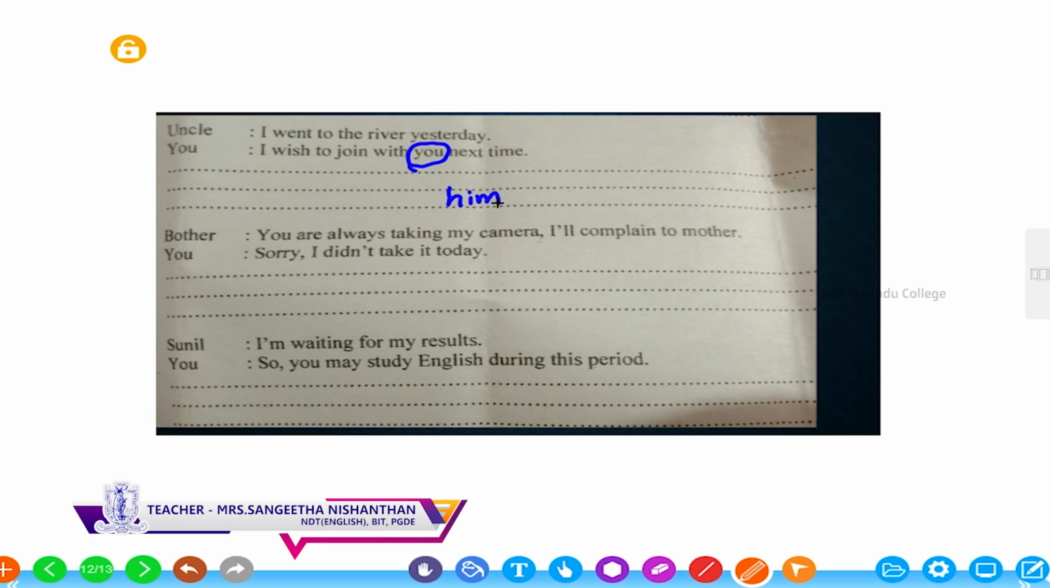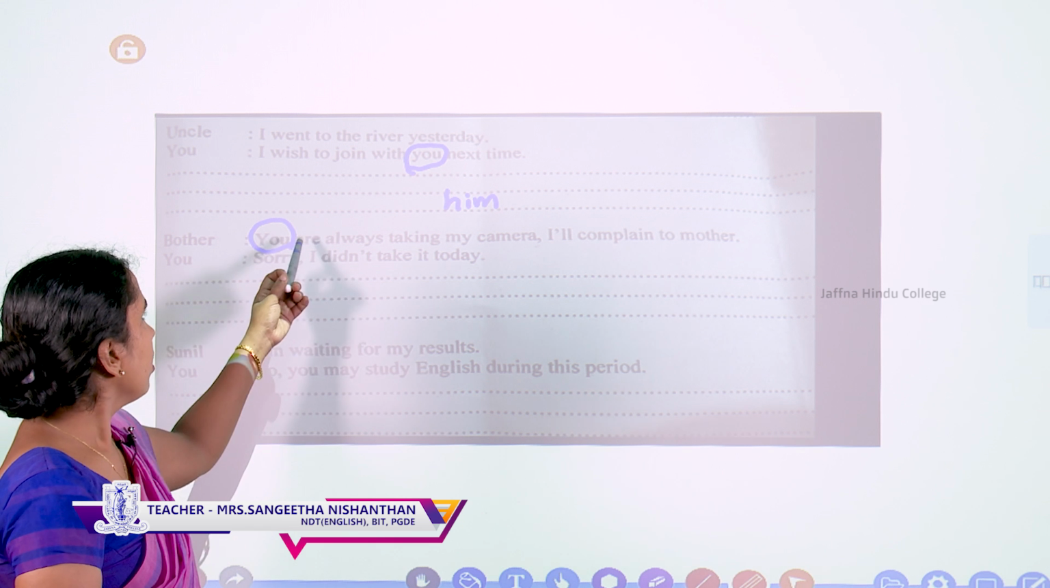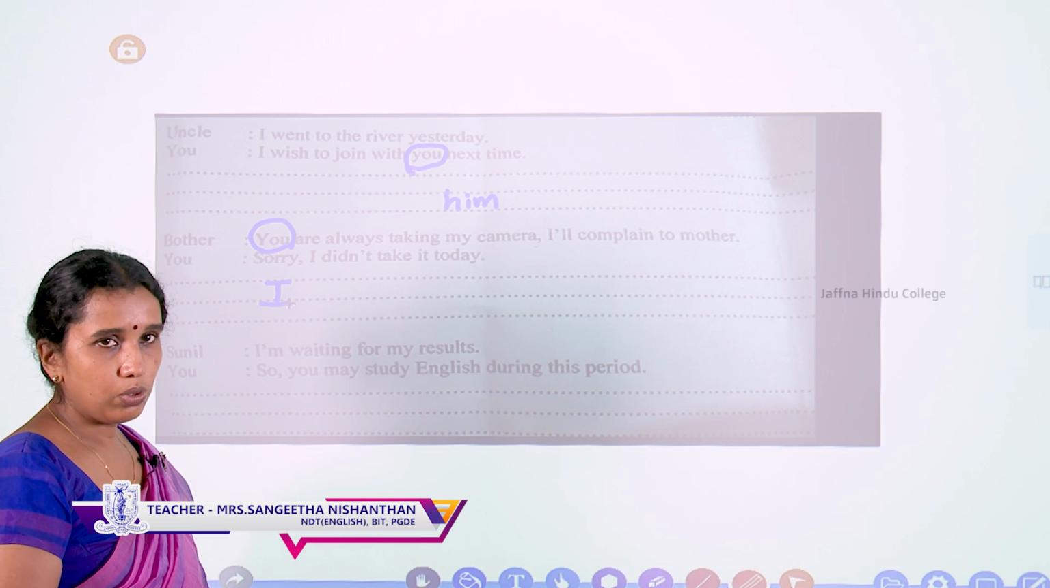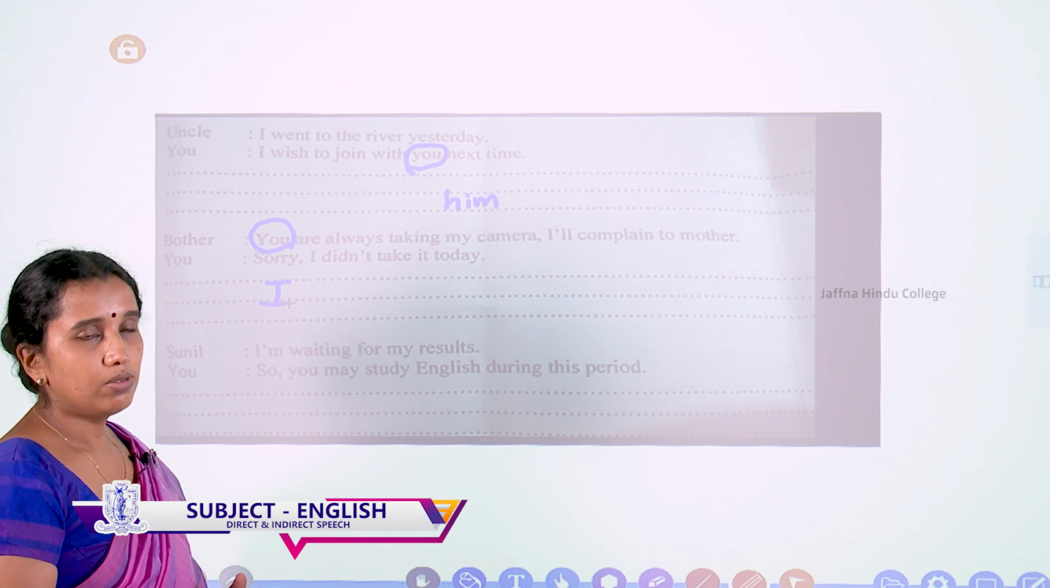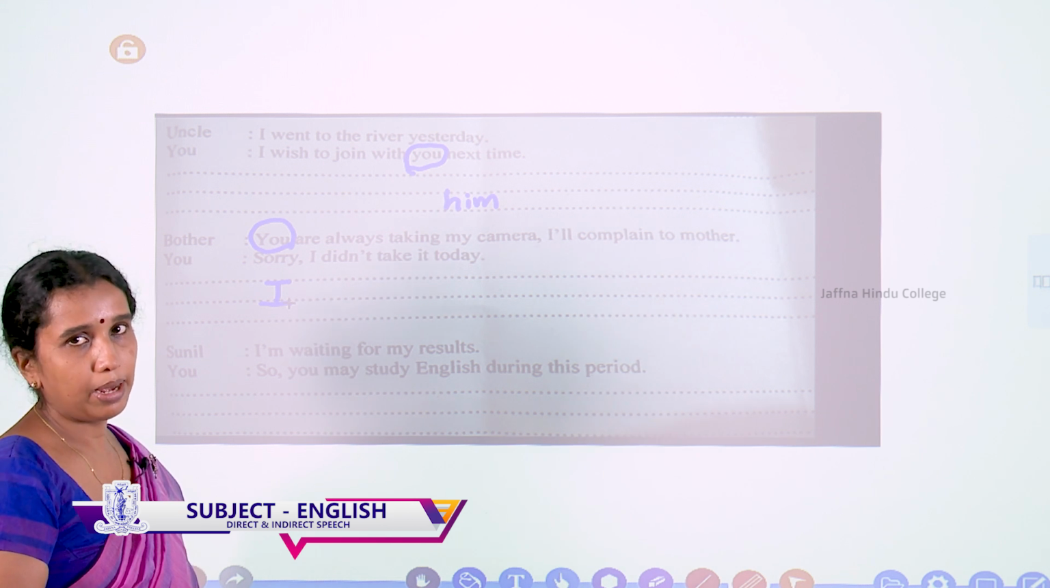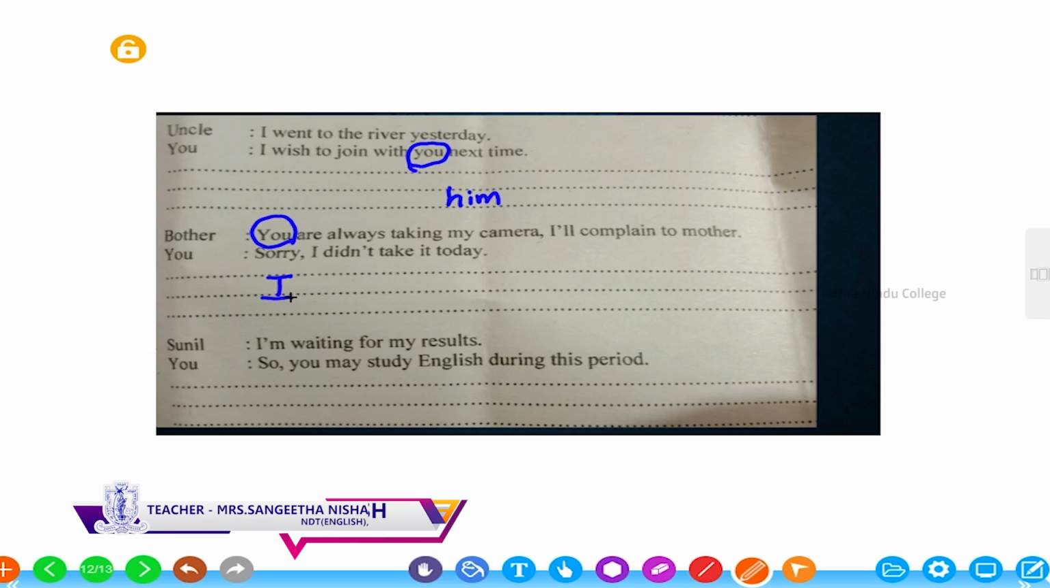Brother: You are always taking my camera. I'll complain to mother. Brother said that. This you denotes me, so it will be changed as I. A be verb is used to the subject you, and the subject is now changed as I. So the be verb should be I am. The past of I am is was. So I was